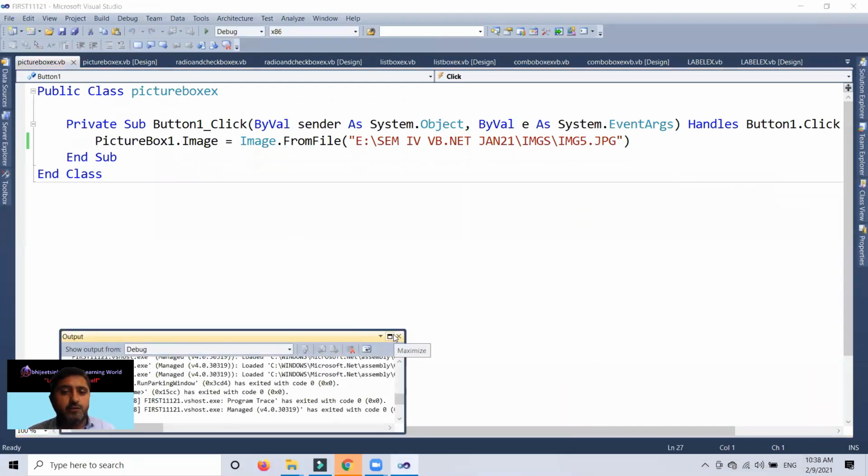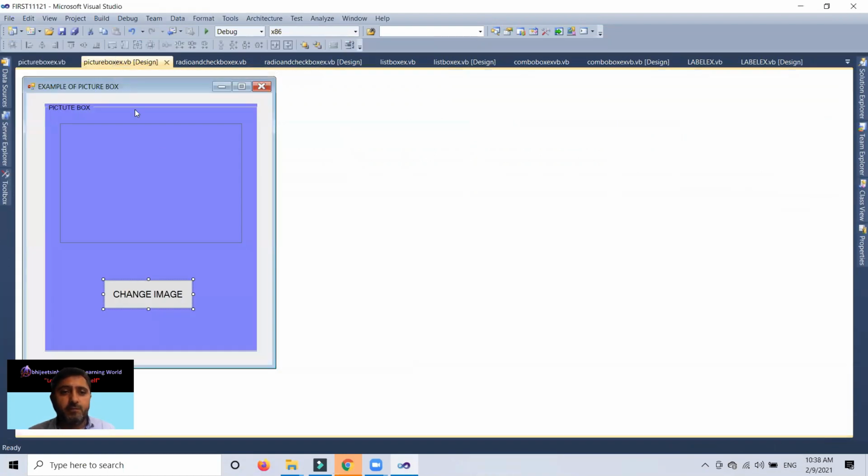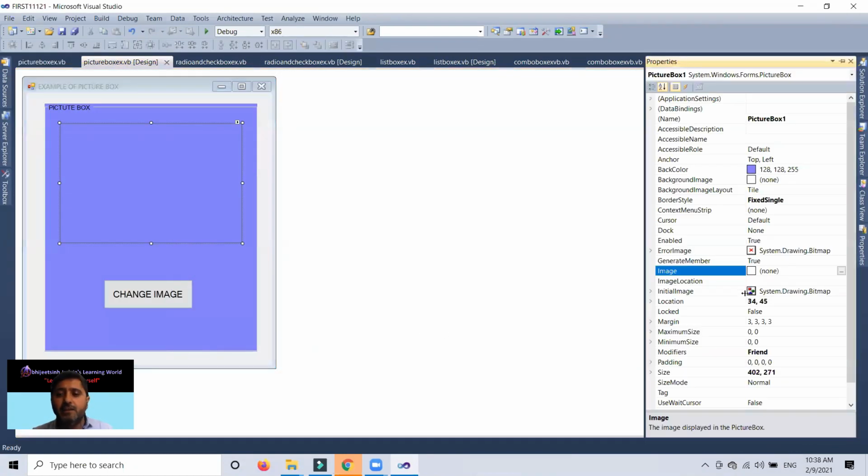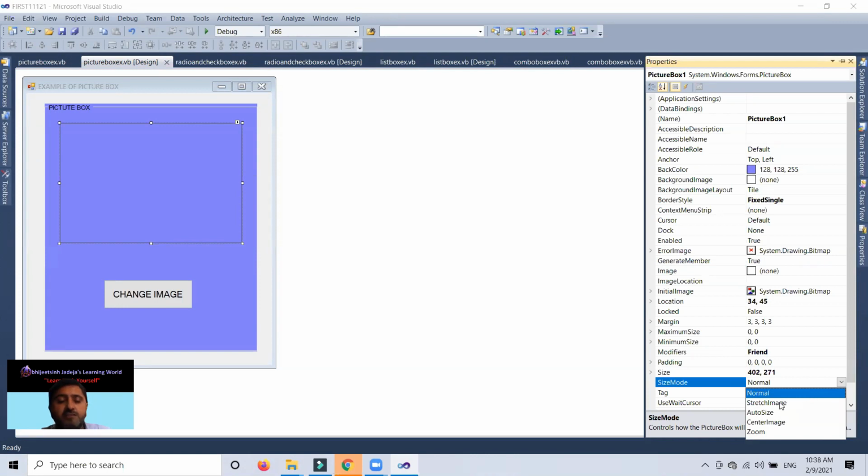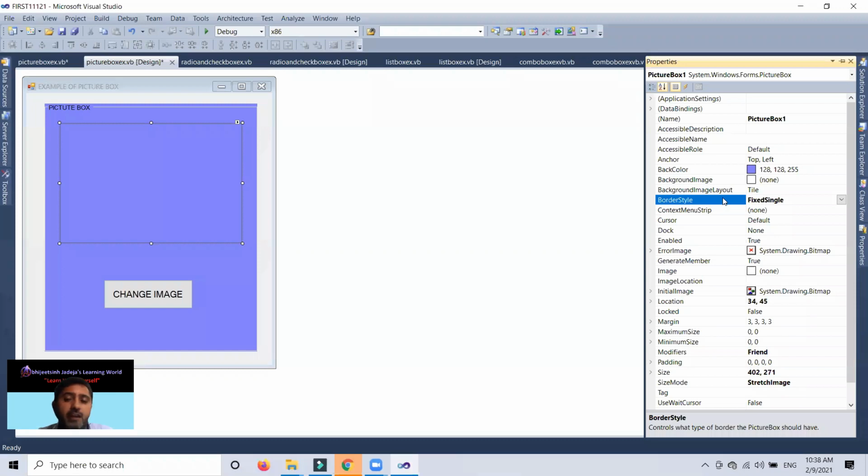For this solution, we go to the picture box properties, and there is a most important property, SizeMode, which is currently Normal. When I make it StretchImage, an image with lower resolution will automatically be stretched according to your picture box. If your image is very large, it will shrink and adjust over here. So I take it as StretchImage mode. Friends, in the picture box we focus on only three properties, kindly understand. The first is border style, which we take as fixed.